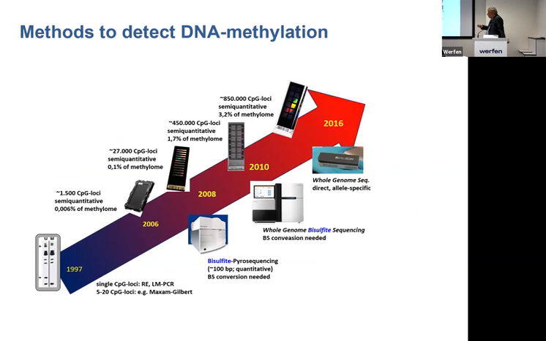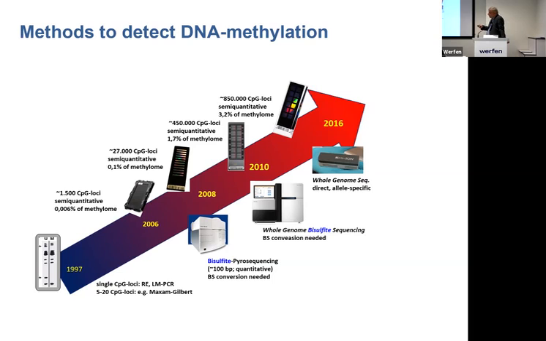And then we got into this field of arrays from different companies, but in the end predominantly Illumina arrays. At the moment, our real workhorse is the EPIC array, which works very well also on paraffin-embedded tissues and so on. And you have the bisulfite pyrosequencing, which came and was then substituted more and more by whole genome bisulfite sequencing or targeted bisulfite sequencing. And now ONT is clearly coming, because you can investigate both DNA modifications and sequence at the same time. We have done full genomes here, the first ones, which look pretty good.